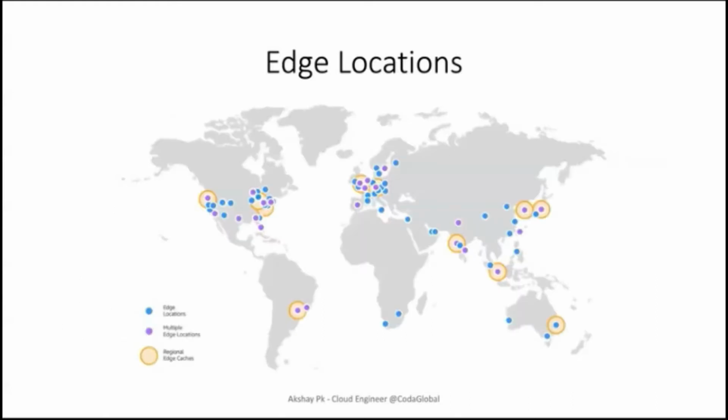This map is pretty outdated, because we have 216 right now. The blue dots mention edge locations, and the purple ones mention multiple edge locations in that place. The orangish circle mentions a regional edge cache, which I like to think of as a bigger cache to save your data for a longer period of time. You have control over how long your object is stored within these caches, and that's called time to live. All the networking people would be able to relate to that. It's called TTL. When we work with the Amazon CloudFront service, you will see that we can configure our own TTL as to how long our objects should be cached in all of these edge locations.